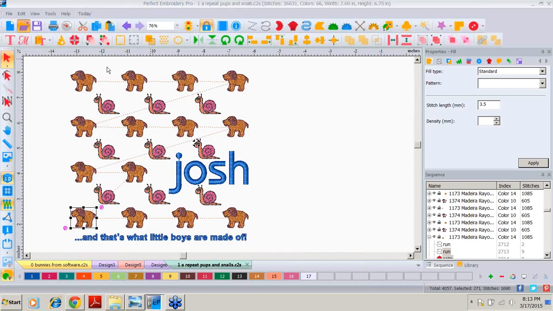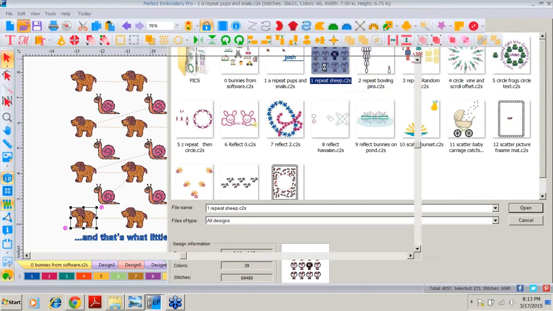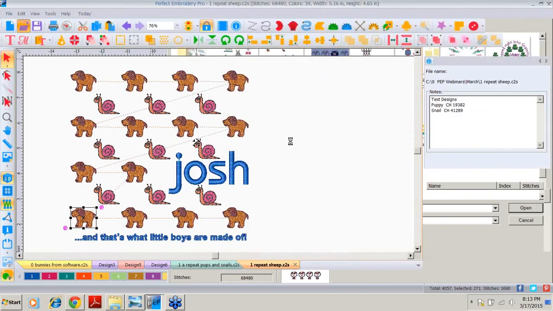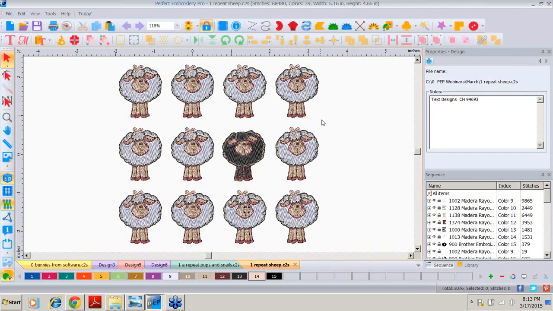If you are planning to go to a family reunion, if you would like maybe a little quiet message about one of the people in your family, you certainly could do this with your sheep. The sheep is under our text design right up here, and then when they're brought in as 4 across and 3 down, you can change one of those sheep to black and again have some fun at the family